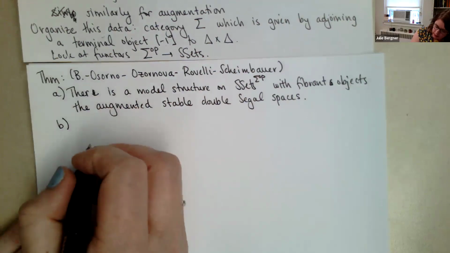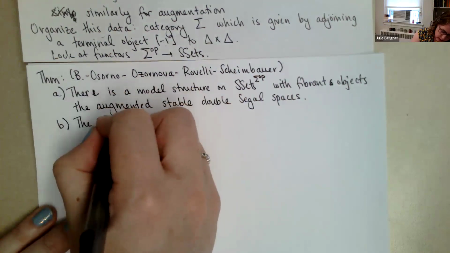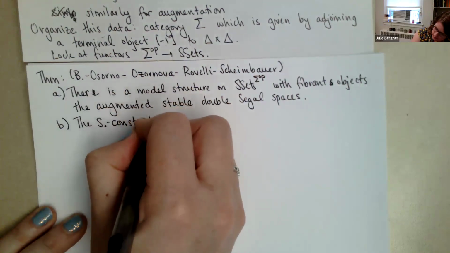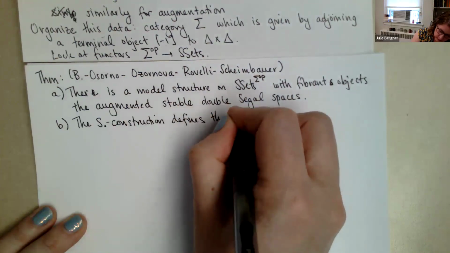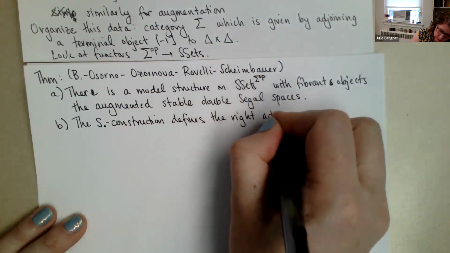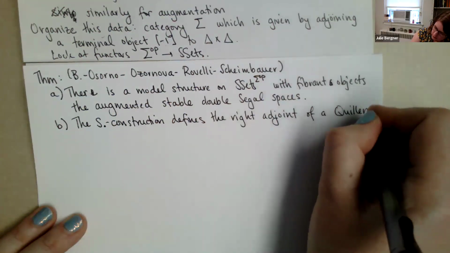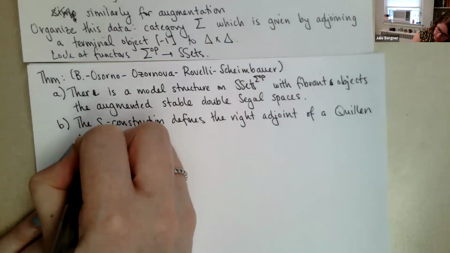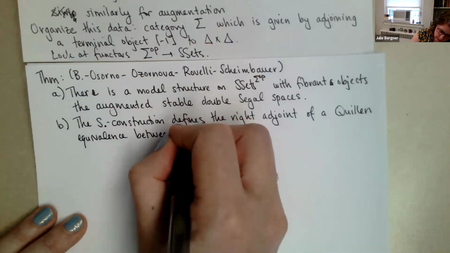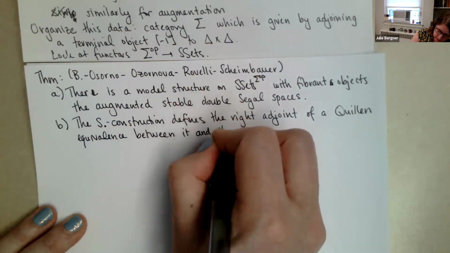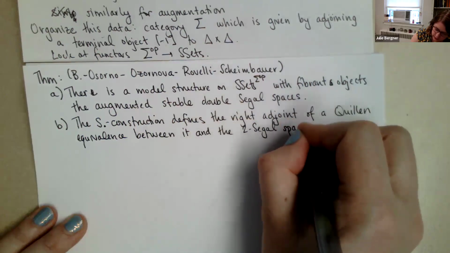And then the second part is where we bring in the S dot construction. So the S dot construction defines the right adjoint of an equivalence between the model structure from part A and the two Siegel space model structure, which I discussed very briefly last